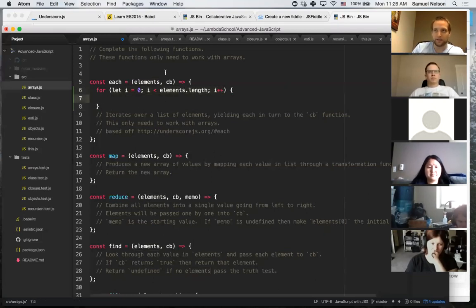You could also implement this with a for each if you would like, but it's kind of cheating because what we're doing is rebuilding the for each array method. But if you don't know what the for each method is, we're going to go over it later, so don't